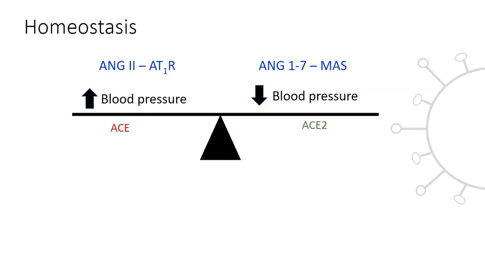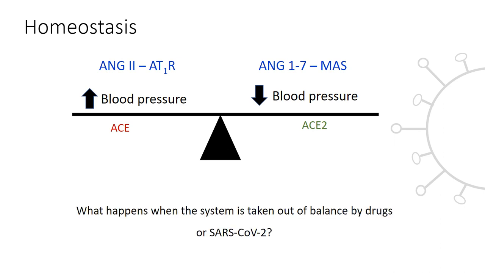So what we have now is an example of homeostasis in the body where you've got this balance between the two different peptides, angiotensin 2 raising blood pressure, angiotensin 1 to 7 decreasing blood pressure, with ACE being the enzyme for angiotensin 2 production and ACE2 being the enzyme for angiotensin 1 to 7 production. So now what's going to happen when the system is taken out of balance? We know that